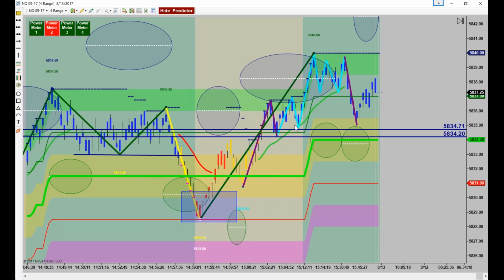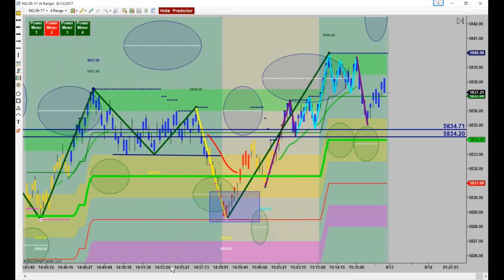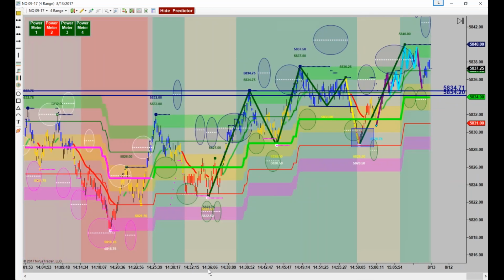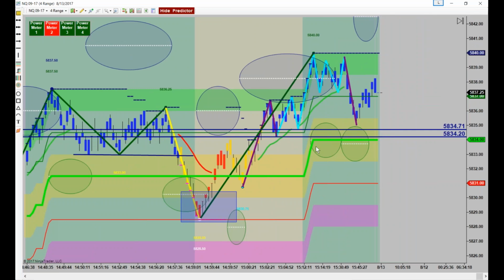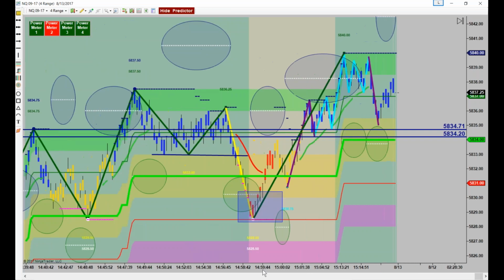Now, like I say, if you want to put up a second chart and you want to short and try to get 5 ticks, if I was to short this one up here, I would have probably looked to the left and seen if that was actually a resistance area or something like that, and probably shorted it at predictor, something like that. But keep in mind, what I'm going to teach tonight, I'm not going to teach you how to scalp against the trend. I want everybody to start really sticking with the overall trend,